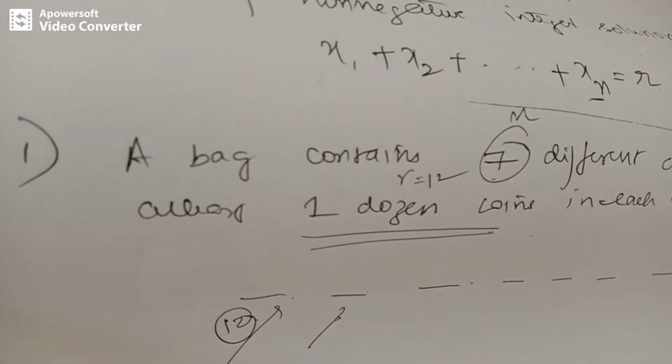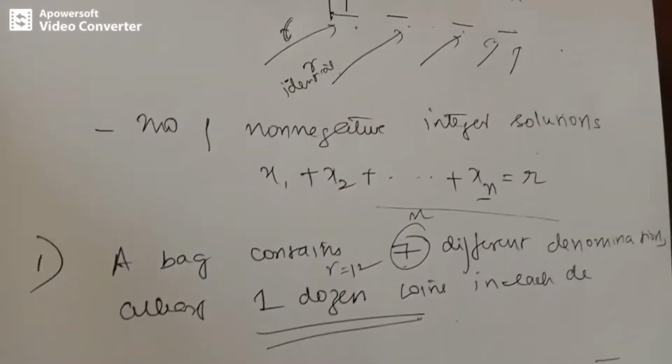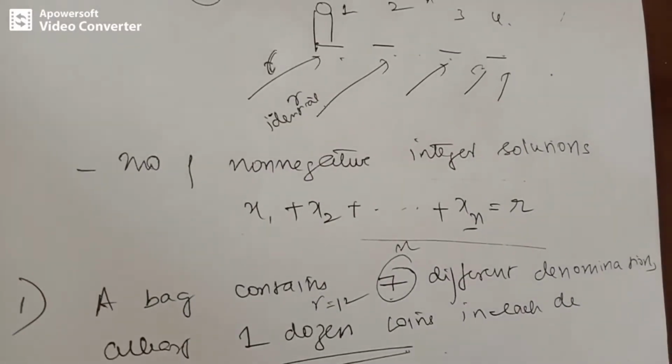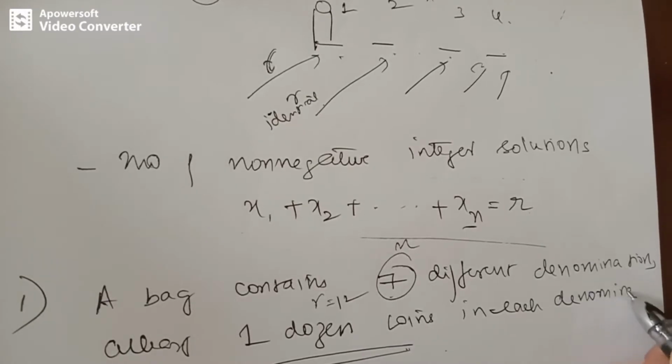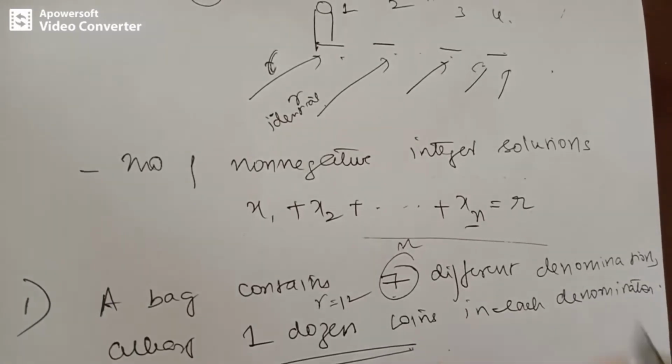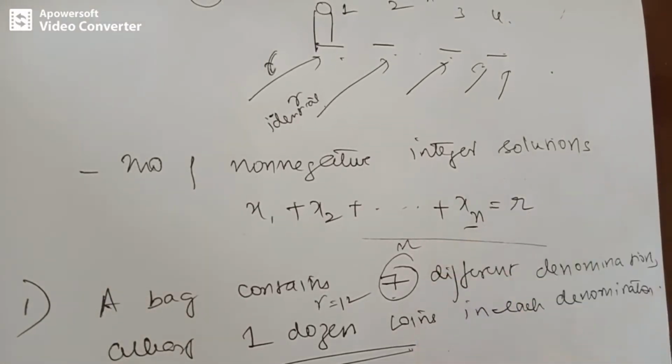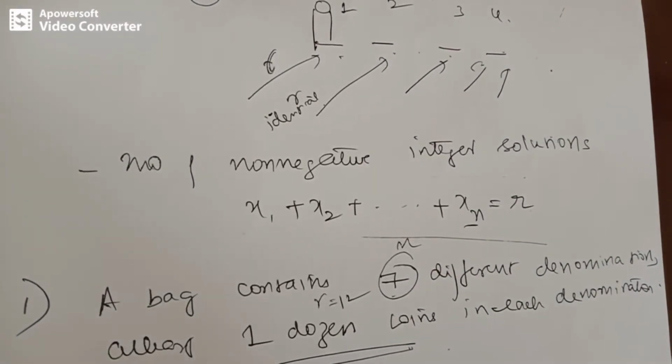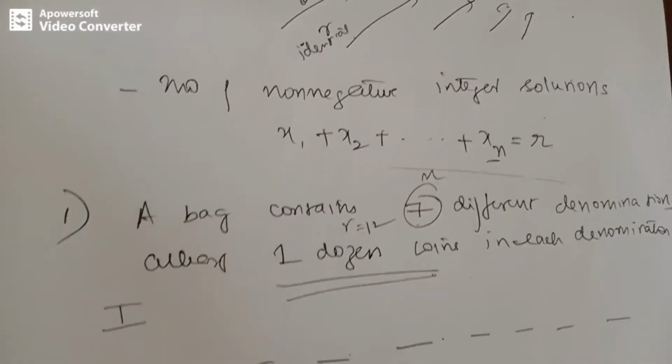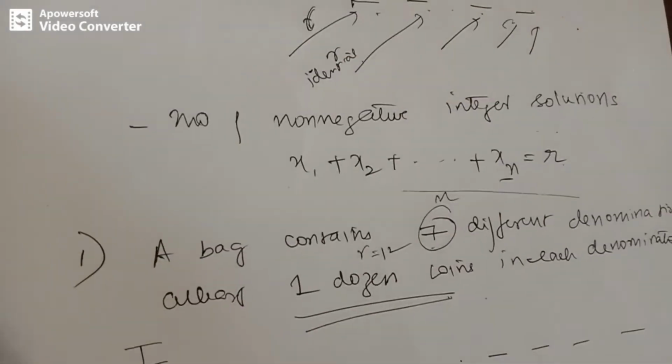Okay, so let me continue the question. The question says the bag contains 7 different denominations with at least 1 dozen coins in each denomination. By this statement only it is clear it is combination with repetitions. So next, they have asked you to find out in how many ways